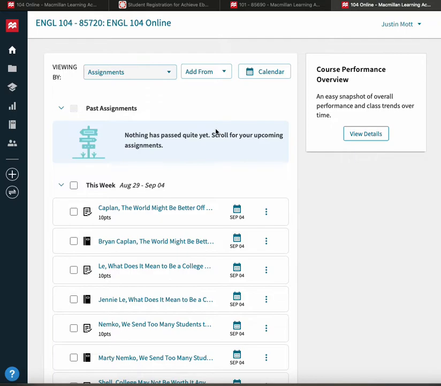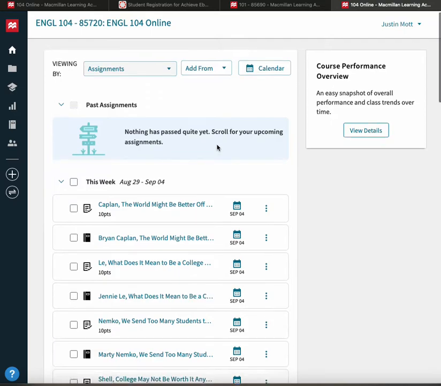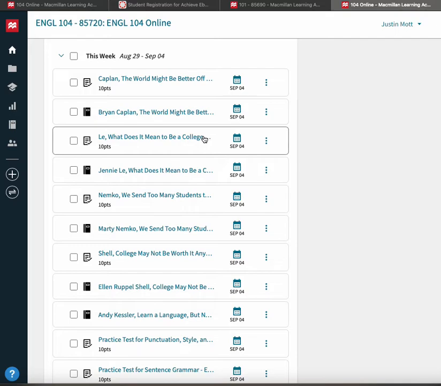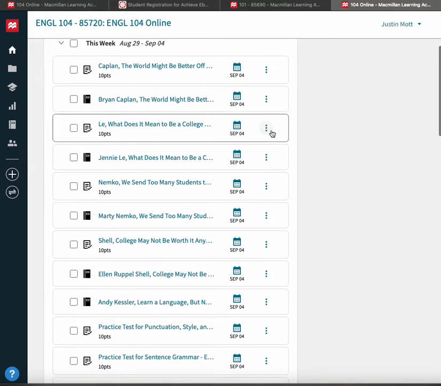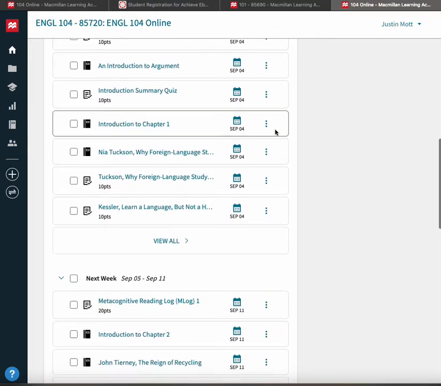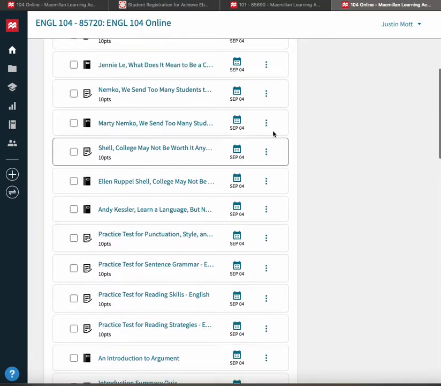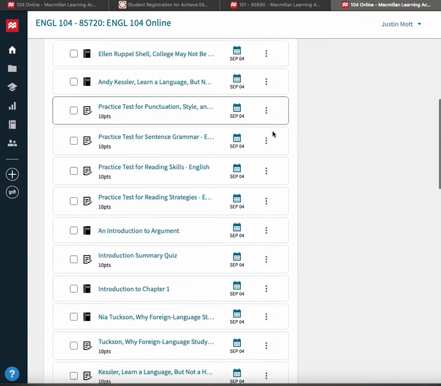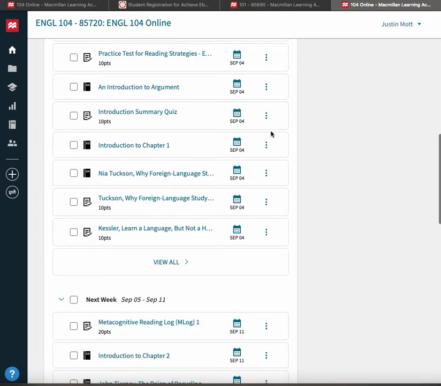Either way, all of you have the ability to jump into the textbook right away, which you will need to do. So you'll see this week, we're after midnight now to pull the curtain back. You'll see this week the assignments that are due. Now let me just say that it looks like a lot of stuff that I'm asking you to do. It's not as much as it looks like.